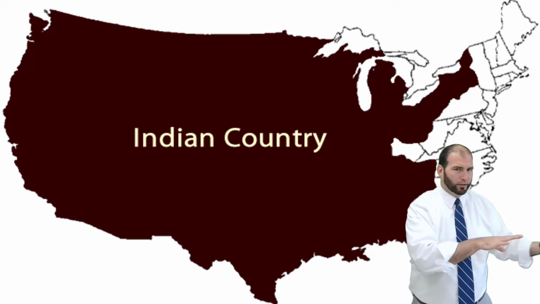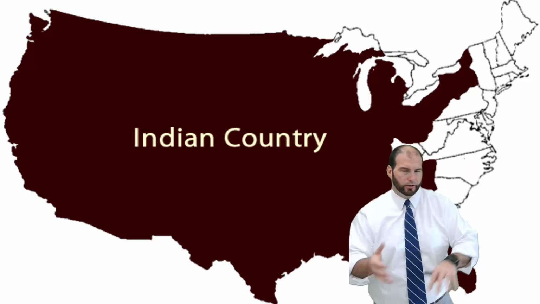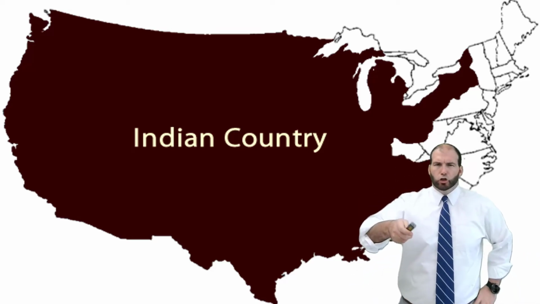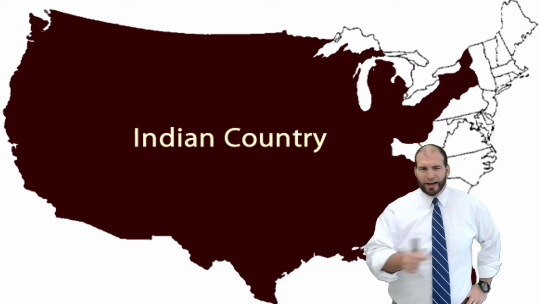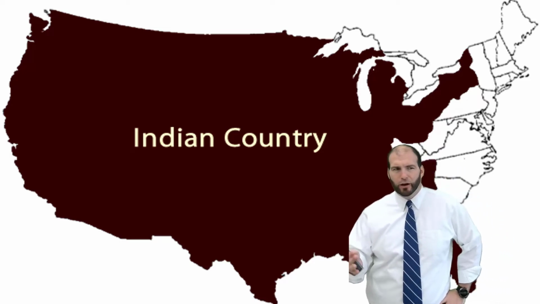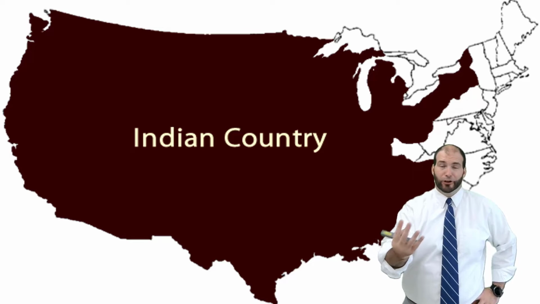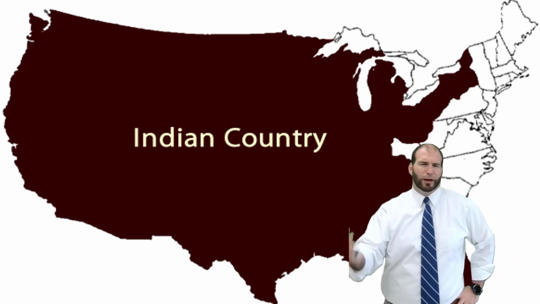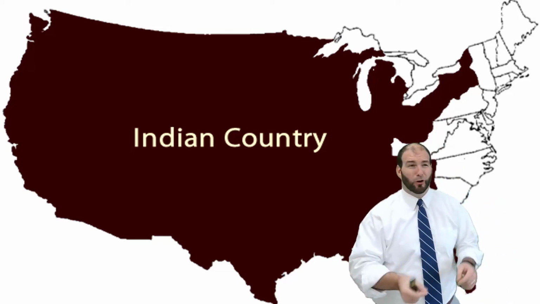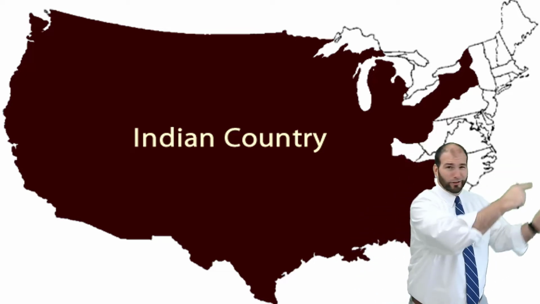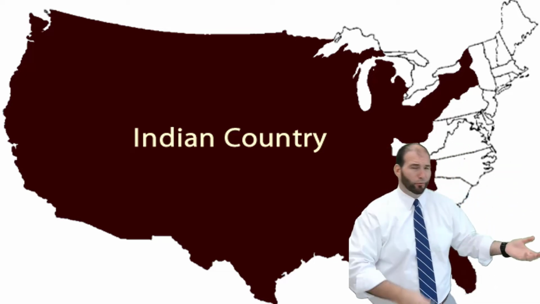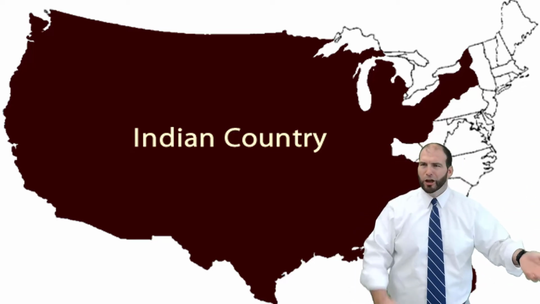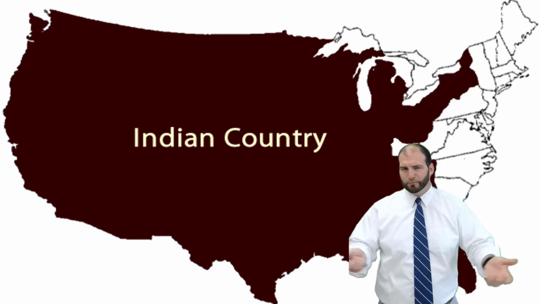And again, the Native Americans that live there aren't a huge fan of the colonists for a multitude of reasons. So the line that divides Indian country and the colonies in geography terms is the Appalachian Mountains, all right? Nobody ever really travels over the Appalachian Mountains because it's really hard to get supplies and materials on the other side. So nobody had ever really gone over the Appalachian Mountains except to explore. So it's never really been a thing.